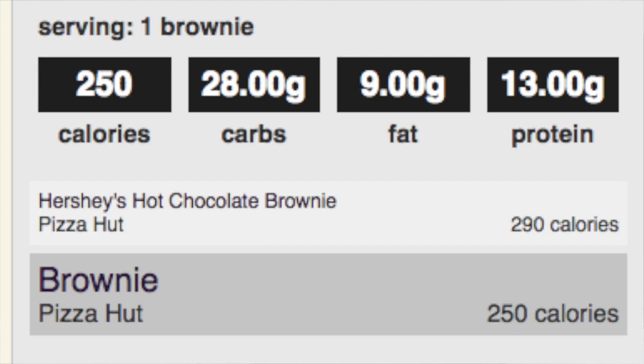Again, not too bad. However, Domino's wins this one again because, as you can see, they're a lot healthier for you in terms of calories, and they've also got a little bit less carbohydrates as well, and quite a bit less protein. However, too much protein in your diet can be just as bad as pretty much none. So yeah,